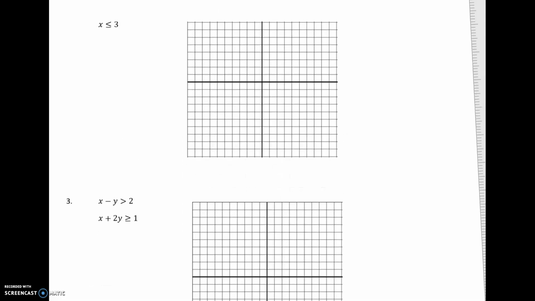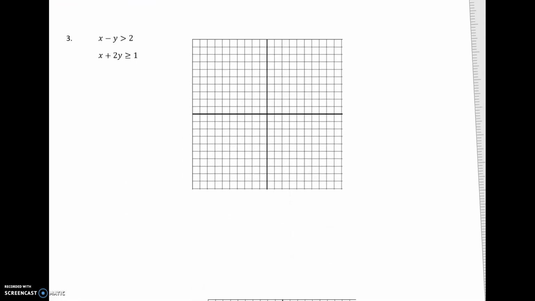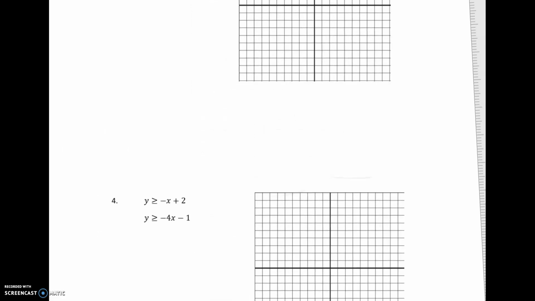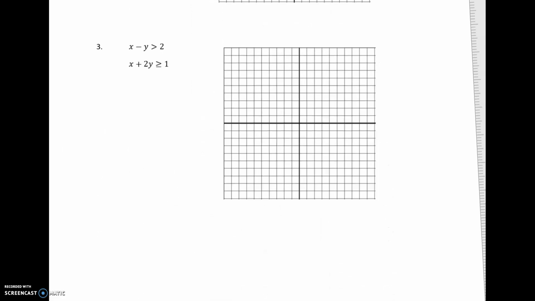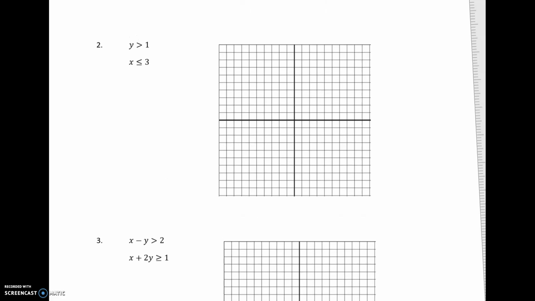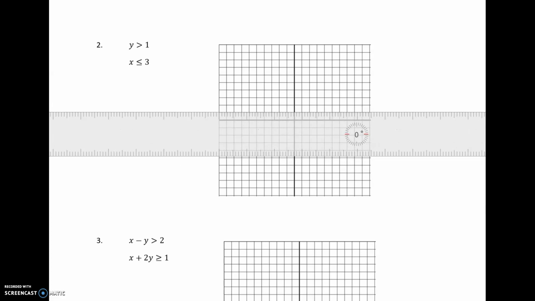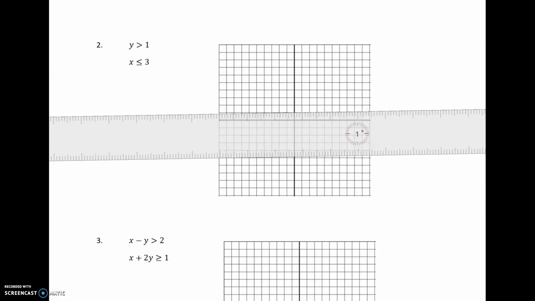Okay, let's see how many more I have here. Oh, we got quite a few. Okay, so let's get this bigger so I can see what I got going. I'm going to try to do 2 and 3 with you before the time goes out, and then I want you to do a couple on your own as well. So the next one, we have y is greater than 1. So if I think about that as an equation, that's y equals 1, and y equals 1 is going to be a horizontal line